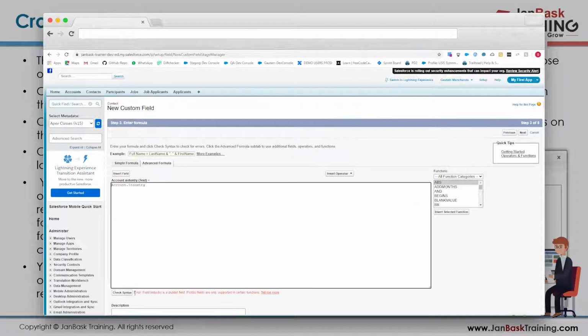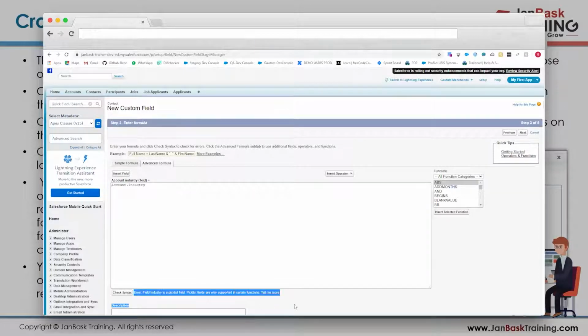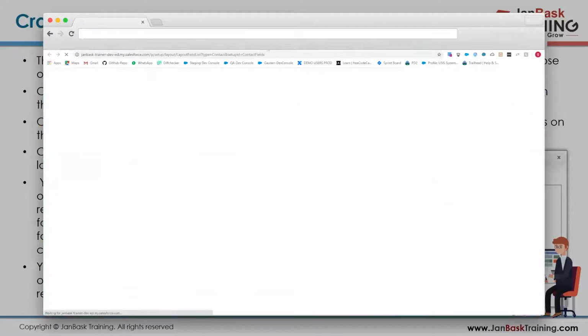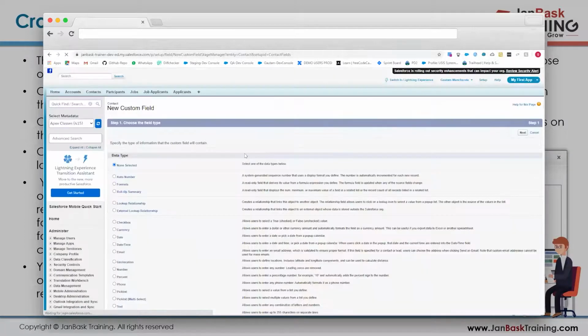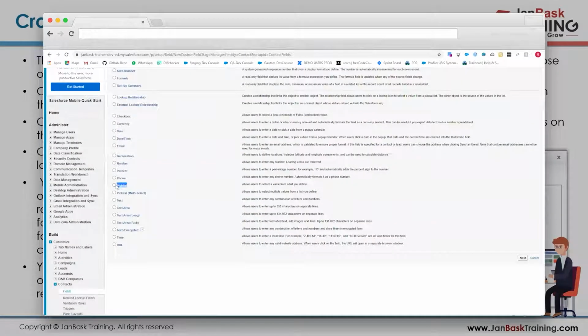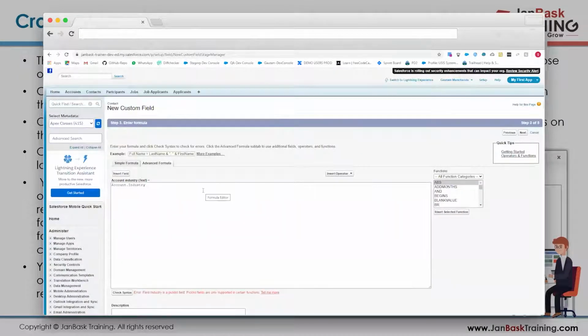And now you can see over here, I clicked on next. So there is an error that is coming up. Field industry is a pick list field. So pick list is not a text, because you have seen whenever I come up over here and I try to create a new field, text is different and pick list is a different option which is available. So pick list is one option which is available, and text is the remaining options that we have. So Salesforce treats text and pick list as separate.